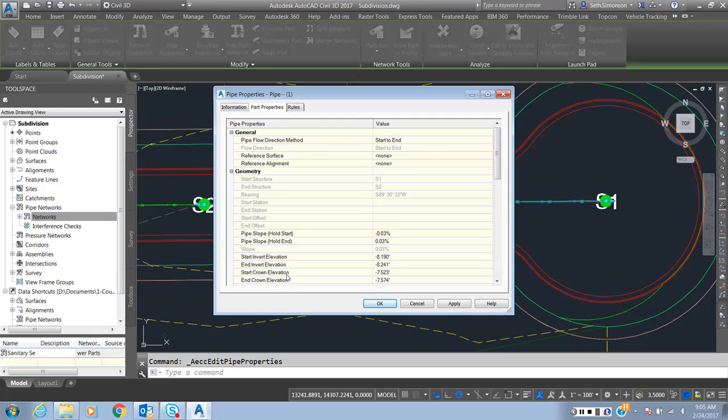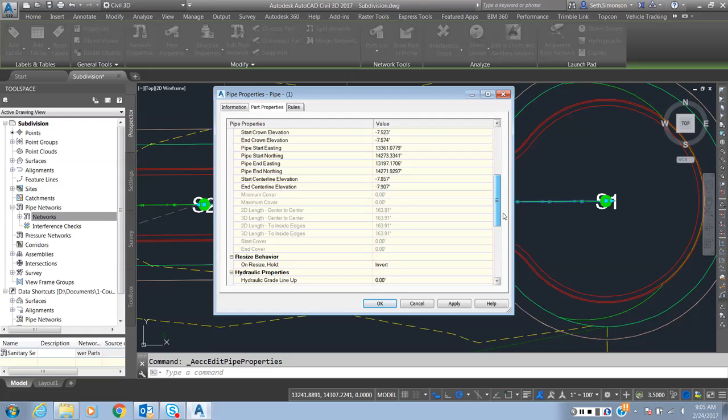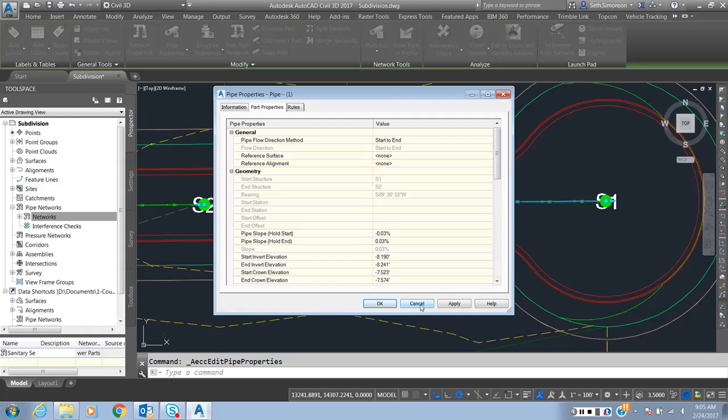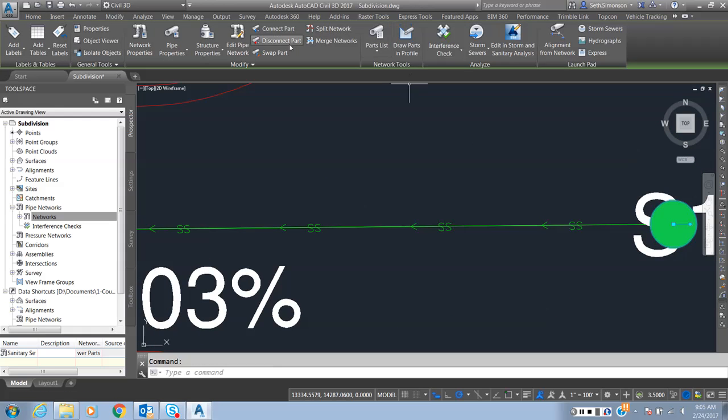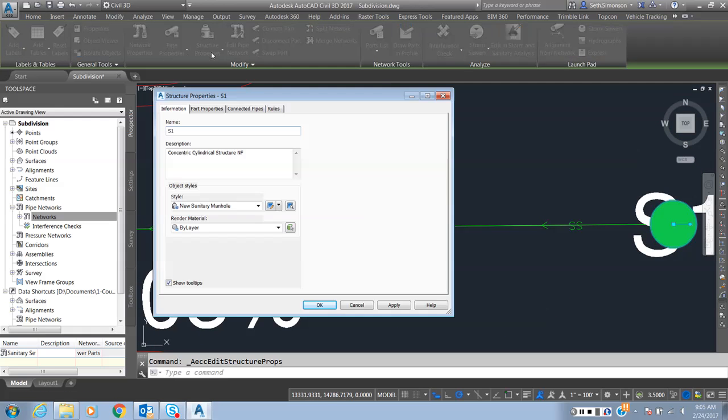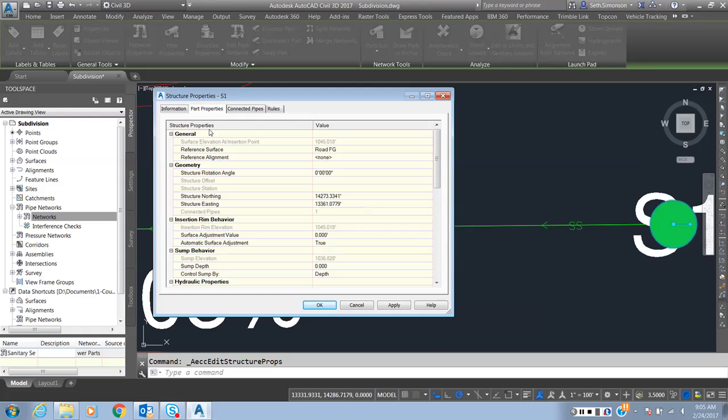Okay, invert is the bottom of the pipe, crown is the top of the pipe. So for this one, what I'd want to do is I've got to know what my elevation is at the surface. So what is the elevation up top? One way I can do that is just make note of what my structure height is. So if I look at my structure properties, I see